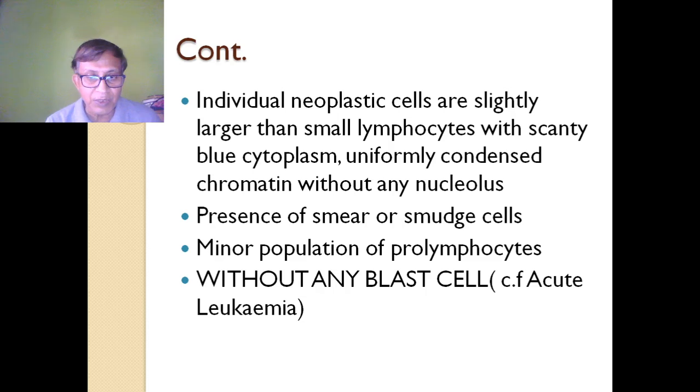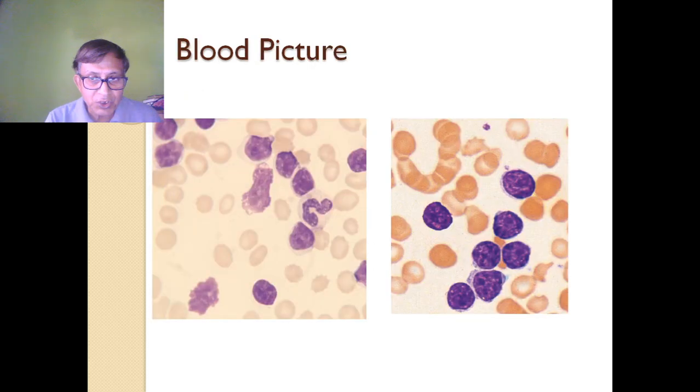this picture shows you the presence of predominantly monomorphic lymphoid cells in the peripheral blood smear. So this initial examination of this peripheral blood smear by a hematologist is very important and points towards the exact diagnosis. Next,